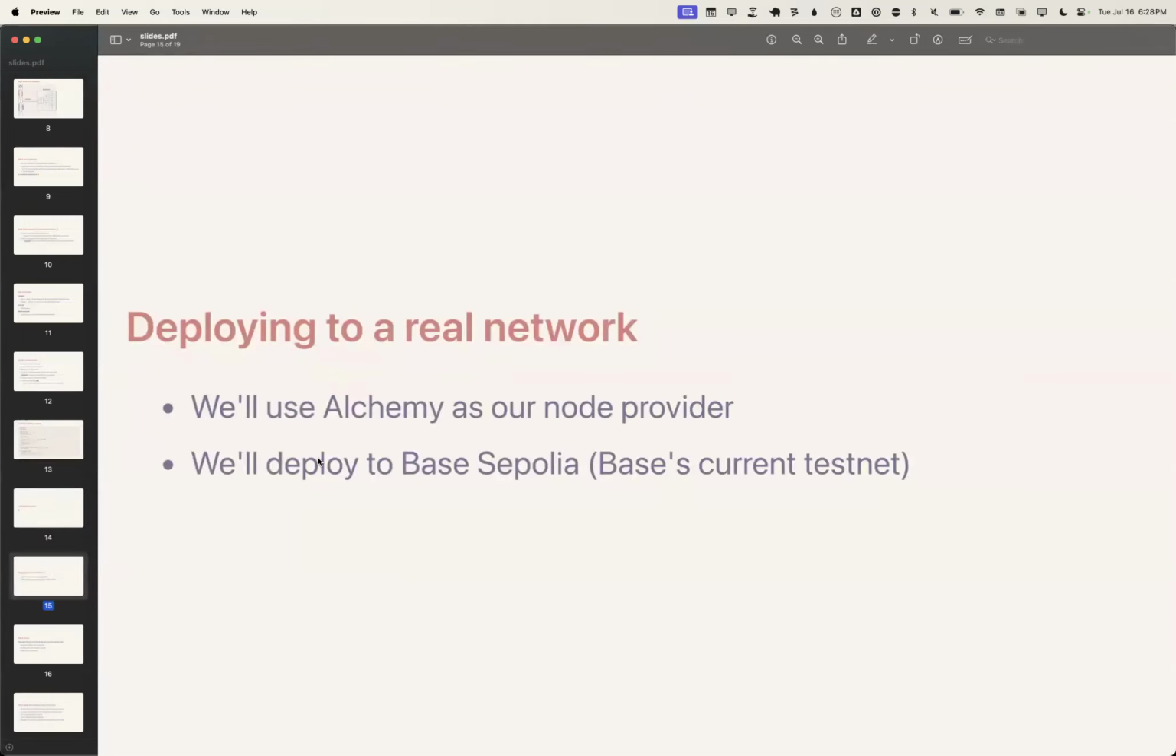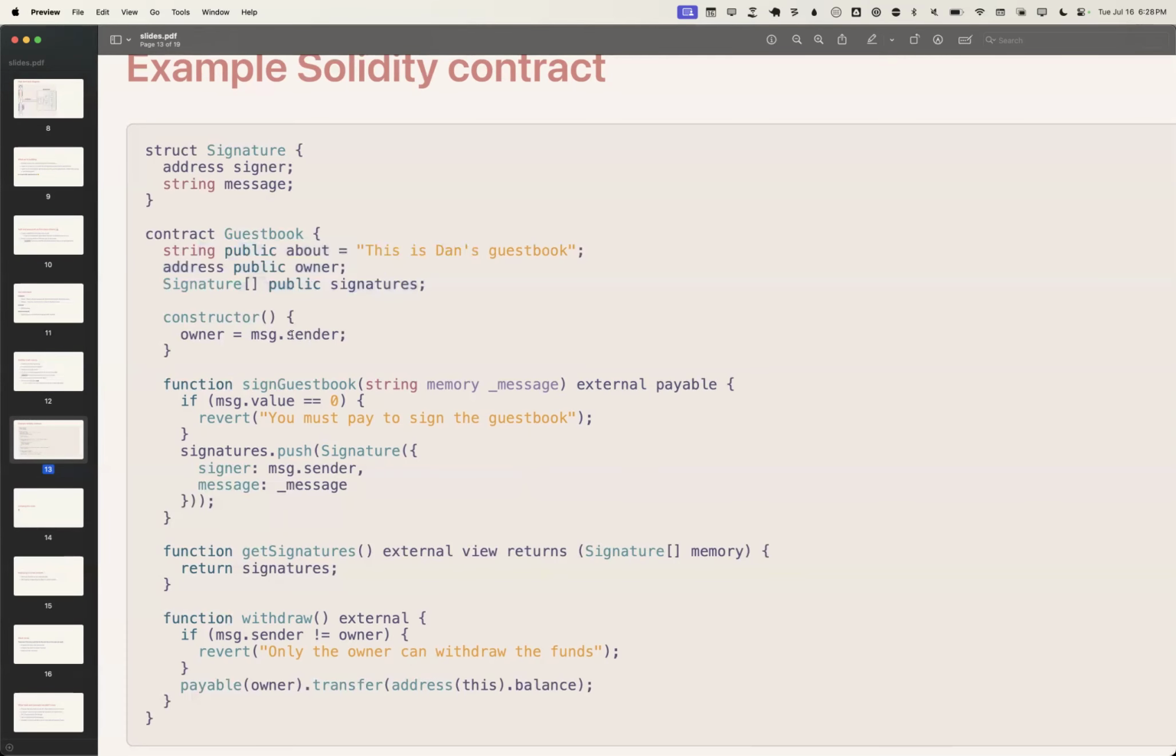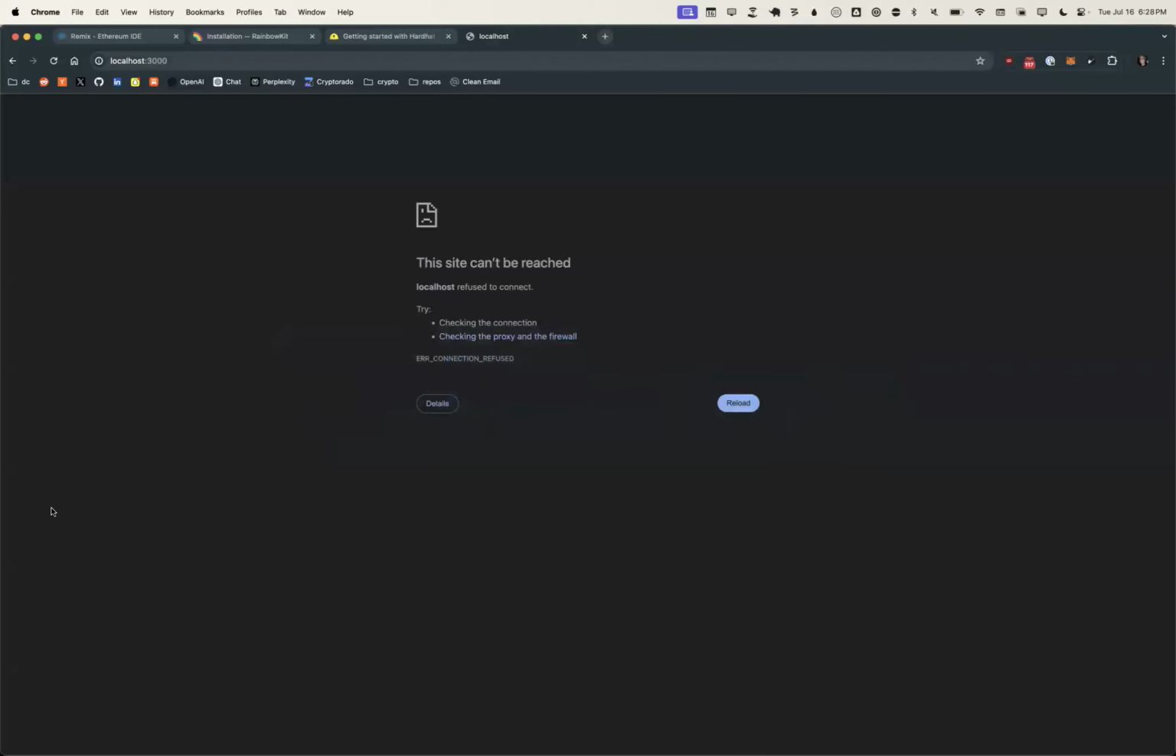Cool. So now we're going to jump into the code. Is everybody ready to do that after looking at this single contract? I'm sure we're all experts now. Okay. So,